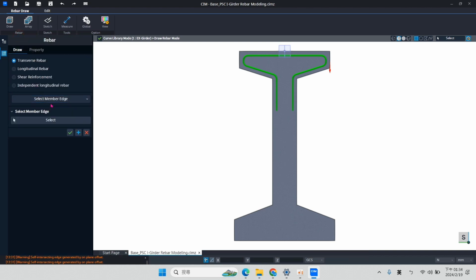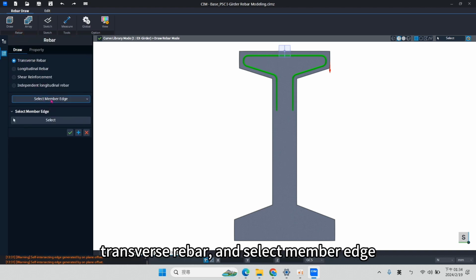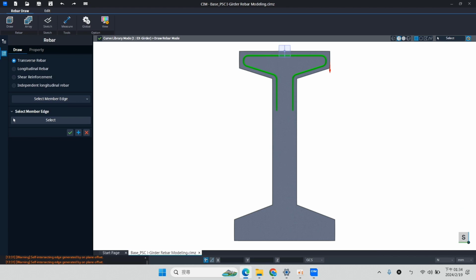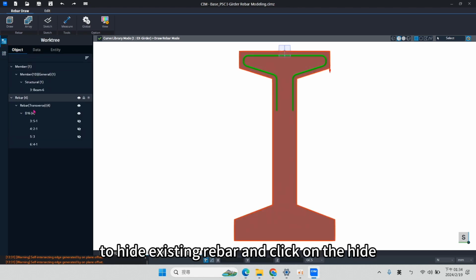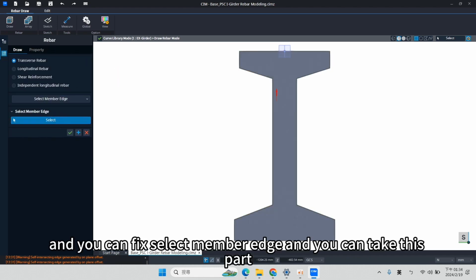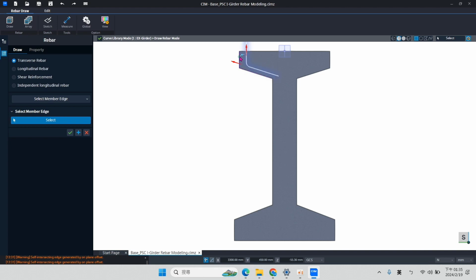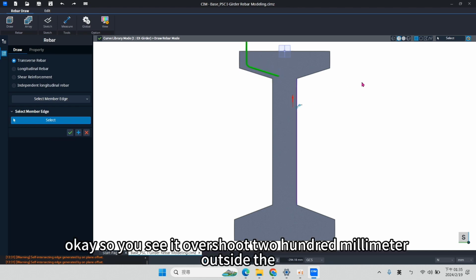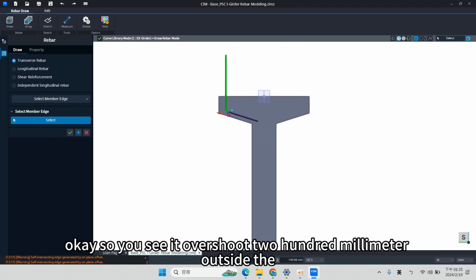Okay. The transfer rebars, select member edge. Okay. And then maybe if you want to hide them, you can click on the hide. Okay. And you can click select member edge, and you can click this part and click on the second part. Okay. So you can see it overshoots 200 millimeter outside the